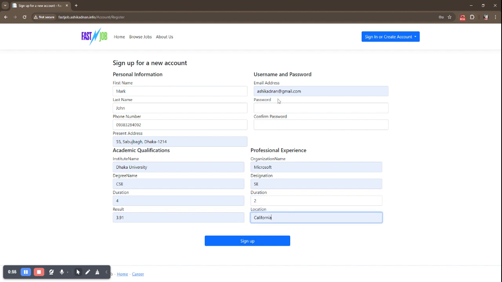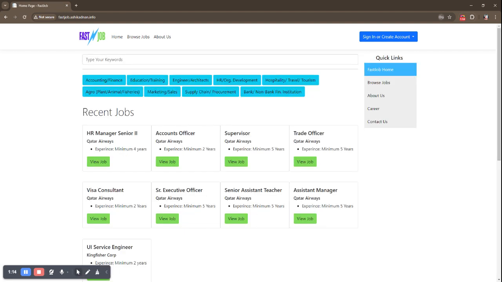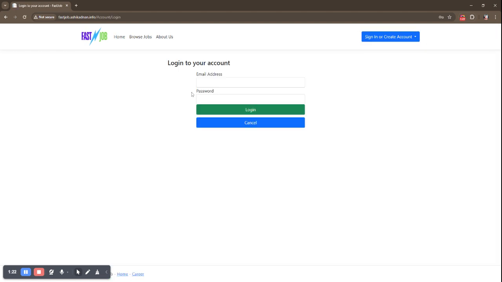Now choose email address and password. Okay, now hit the sign up, and we have successfully signed up for a candidate profile. Let's sign in, log in, email address,